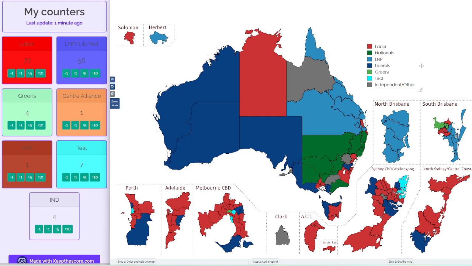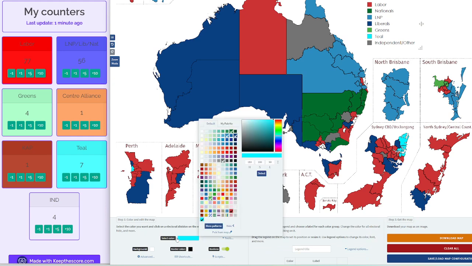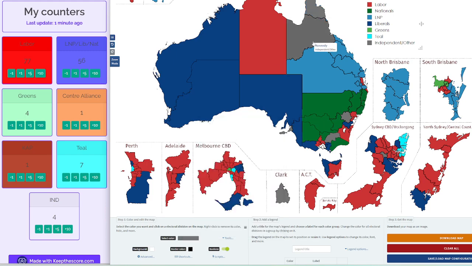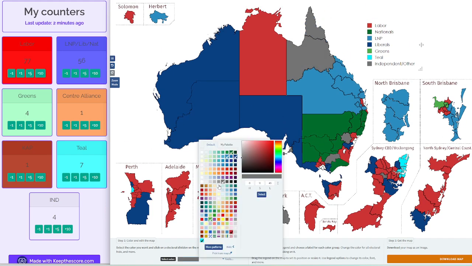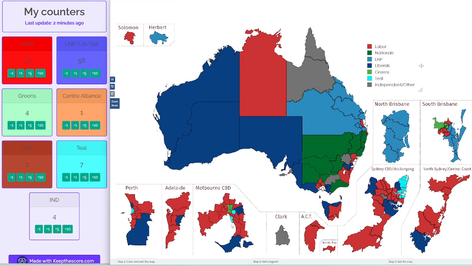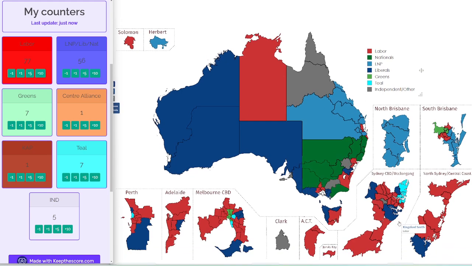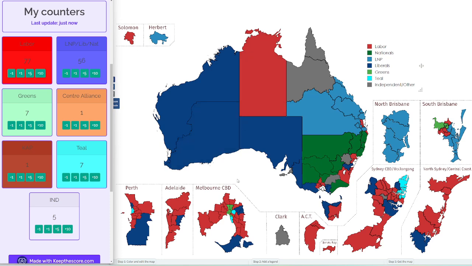So if we just go over, I suppose, the best case scenario for minor parties in general. This is best case scenario. I find it highly unlikely that this scenario will play out. But it's just a scenario, and it's just something to look at. So that'll increase the Greens to 7, another independent there for Katter in Leichhardt. And that's about as far as I can see independents and minor parties going.